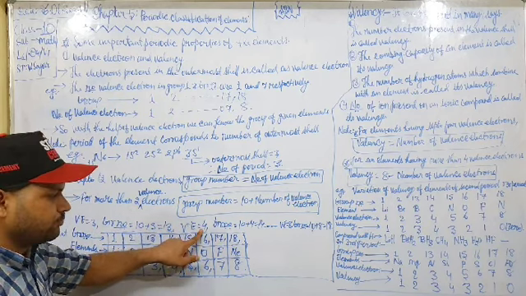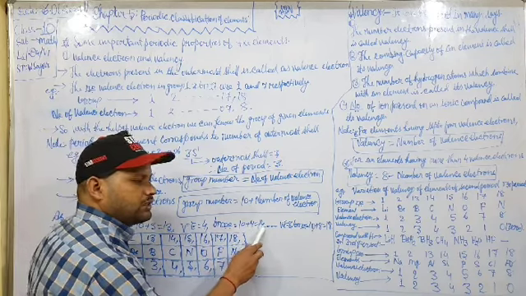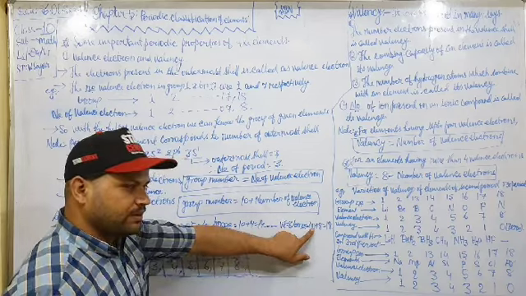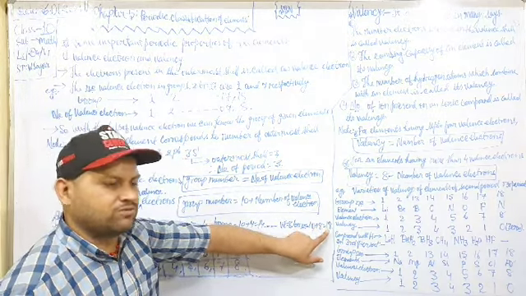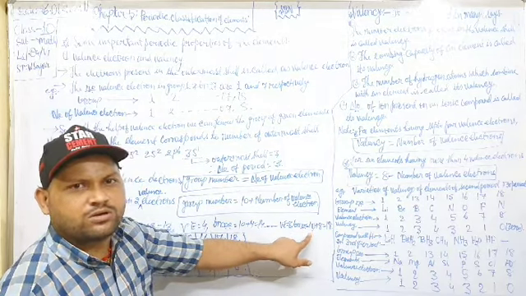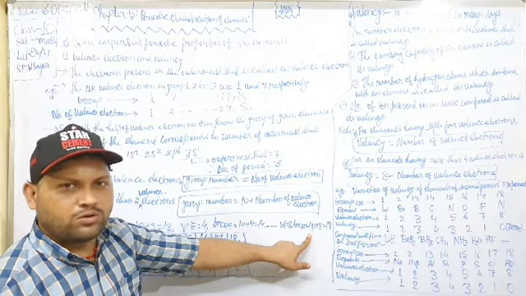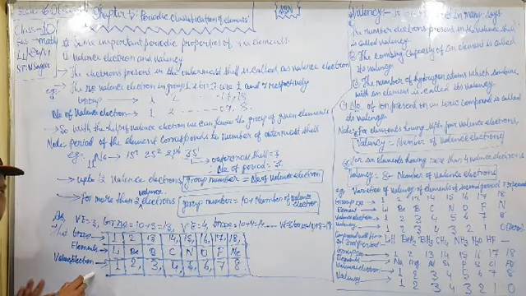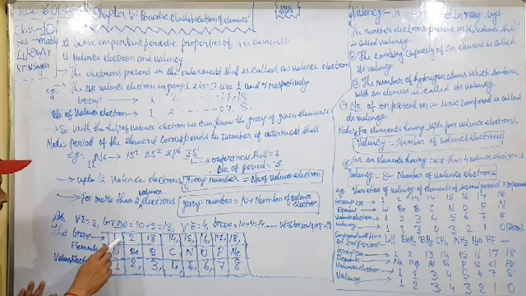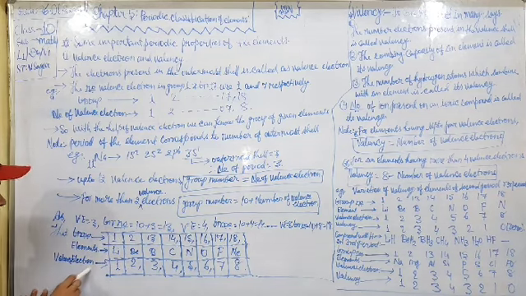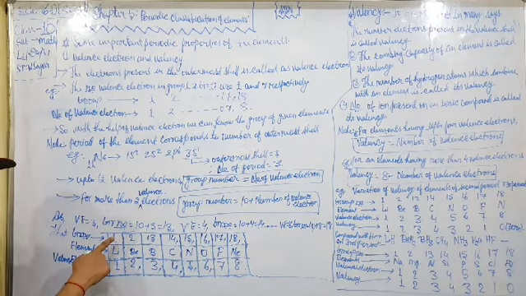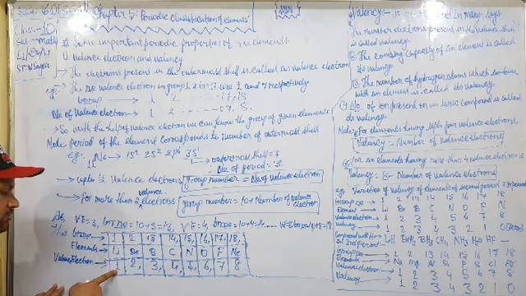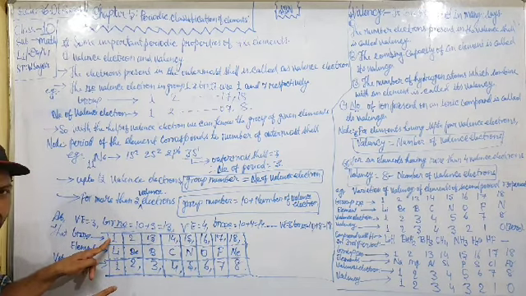If valence electron is 4, group number is 10 plus 4 is equal to 14. In the same way, if valence electron is 8, then group number is 10 plus 8 is equal to 18, just for neon, argon, etc. So here I have written these things: group number, elements, valence electron. For lithium, the number of valence electrons is 1. That's why group is 1.